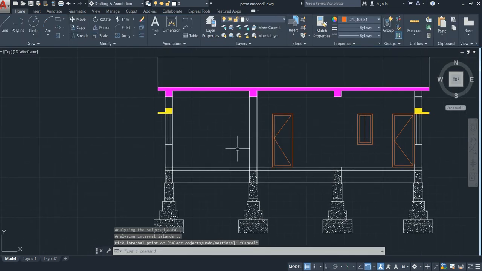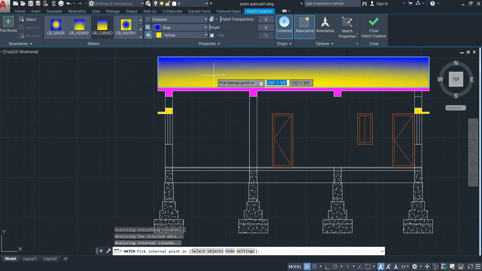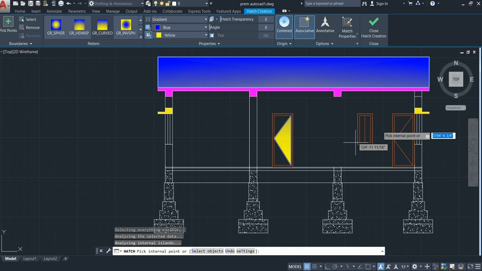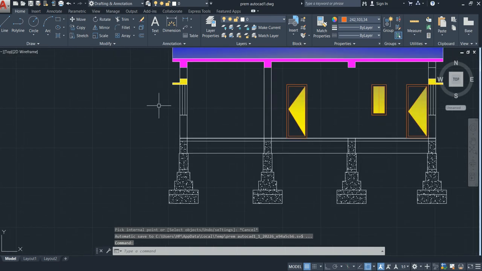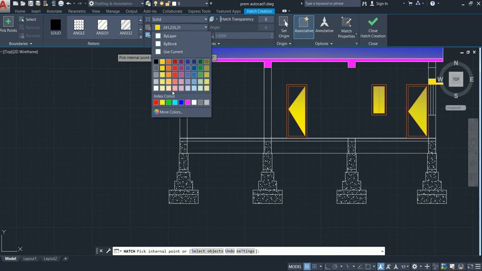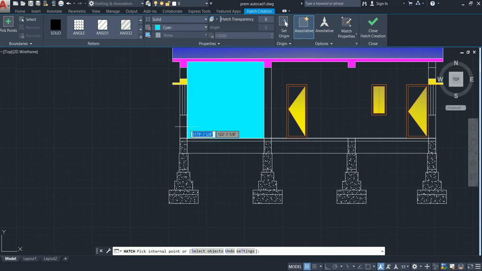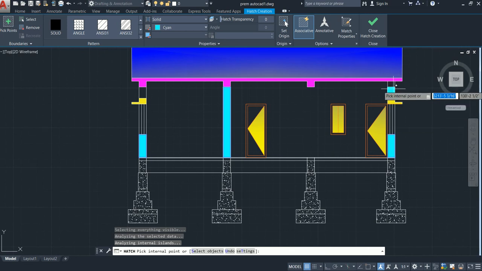After that go for hatch, go for some glass like this one, provide it here and do it here also, in both of these, skip it. After that, the color depends on you, whatever color you like, you can go with that color. I like this, that's why I am going with this.